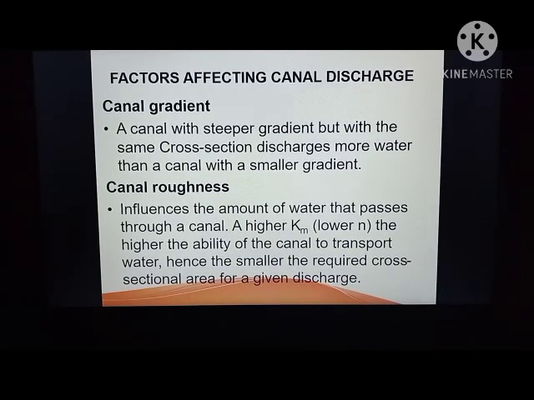Factors affecting canal discharge. The canal gradient. A canal with a steeper gradient but with the same cross-section discharges more water than a canal with a smaller gradient. Canal roughness influences the amount of water that passes through a canal. The higher the roughness, the lower the ability of the canal to transport water. Hence, the smaller